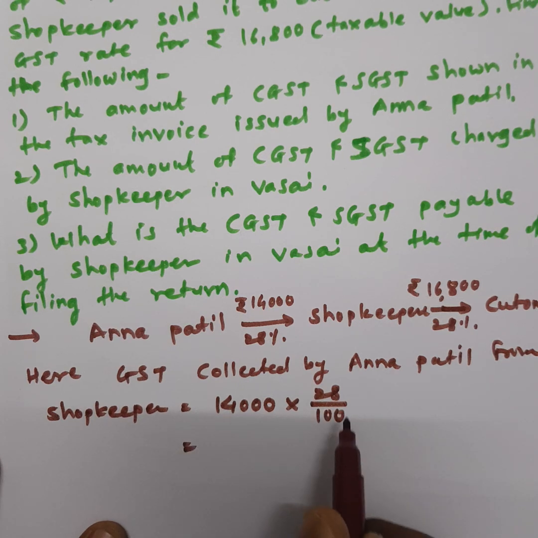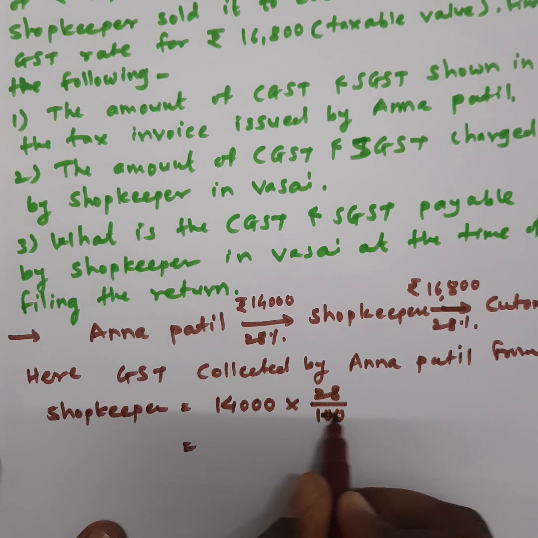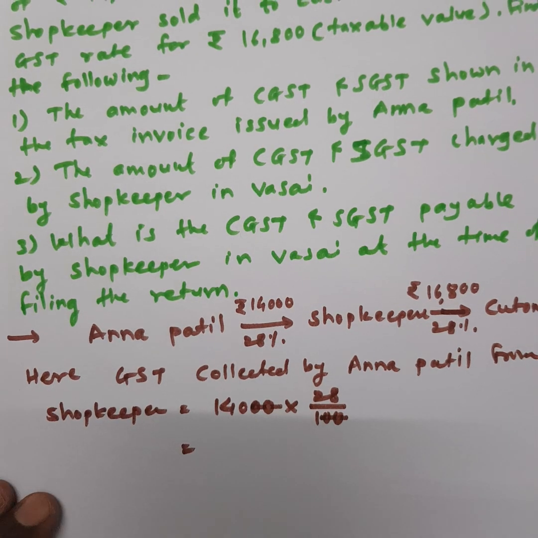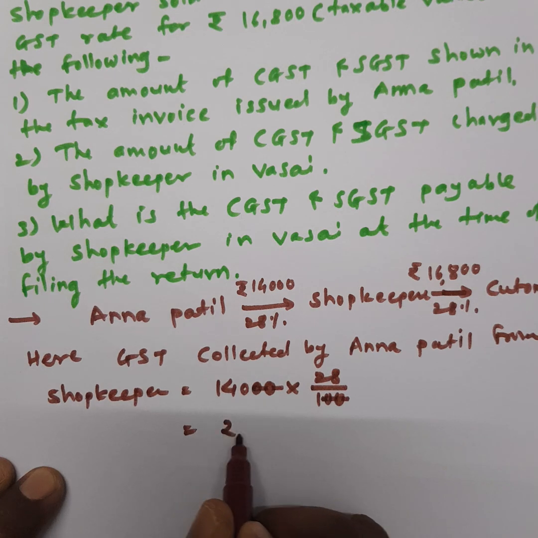We can say it is 28% of 14,000. Here 20 gets cancelled. 140 into 28 will be rupees